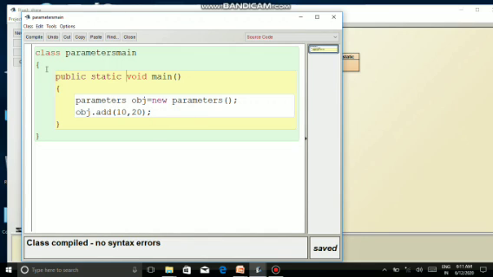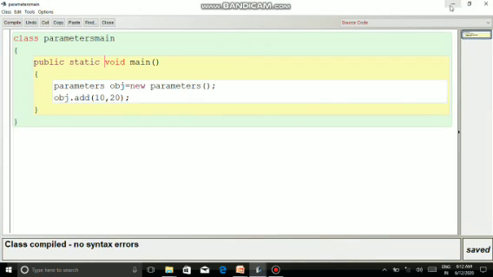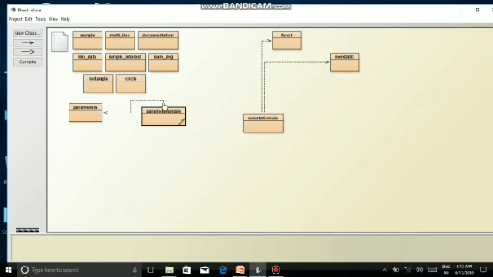Inside that, class ParametersMain, public static void main, Parameters obj is equal to new Parameters, and I'm creating an object for the Parameters. That is why you can see a line is joined. There is a line here from ParametersMain to Parameters. That means it has been connected with an object.